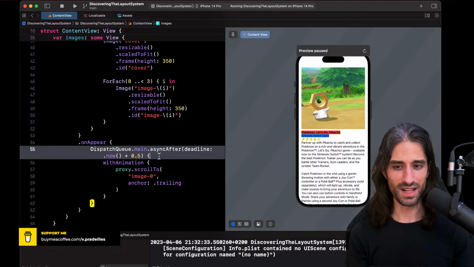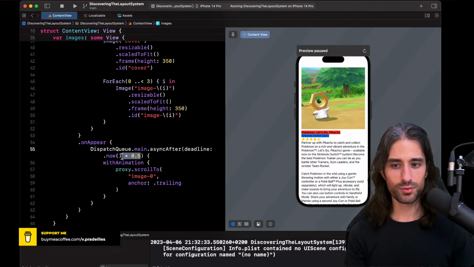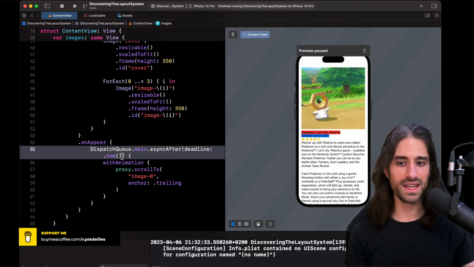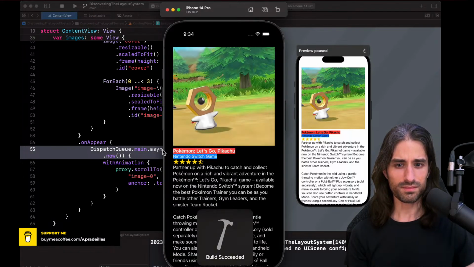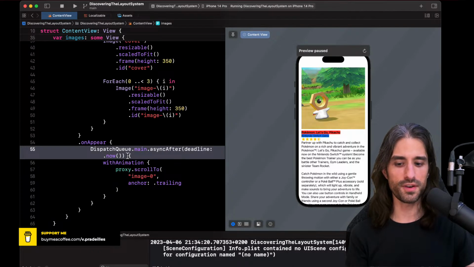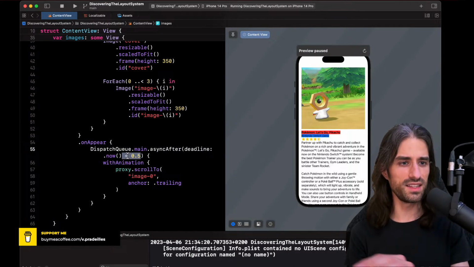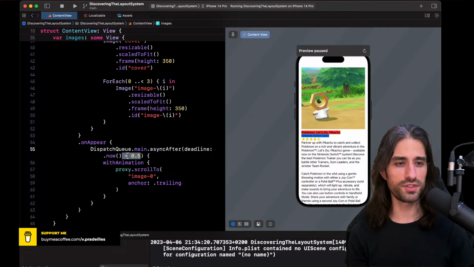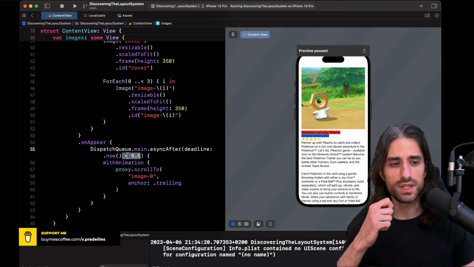You see what I mean? Interestingly, if I were to make no delay, let's see. Yeah, it also works because it does the same thing as the task modifier. So if you use task for this, at least leave a comment to explain why, because people are used to the idea that task and onAppear should be interchangeable. Here you're showing a case where that's actually not the case.